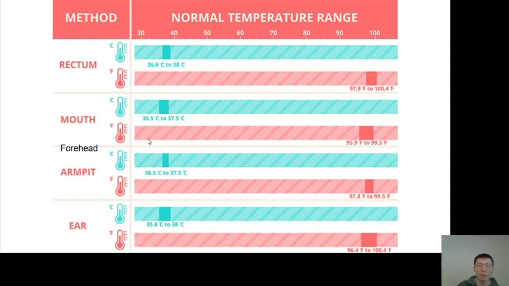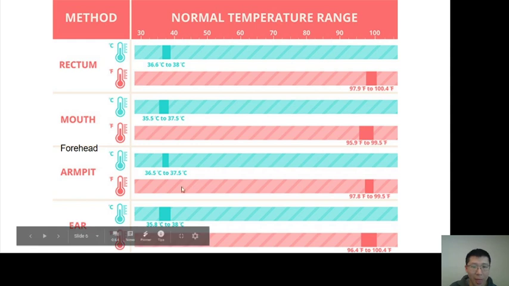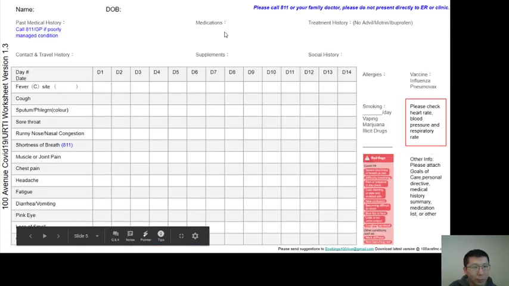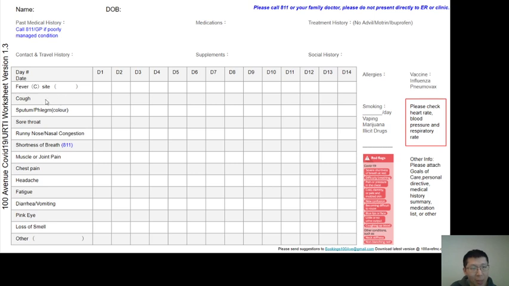Again, depending on the method, the temperature may or may not be considered a fever. For example, 37.8 by armpit might be a fever, but not for a year. So, going on to the symptoms, if you have a cough, you can list that cough, which days you've been suffering